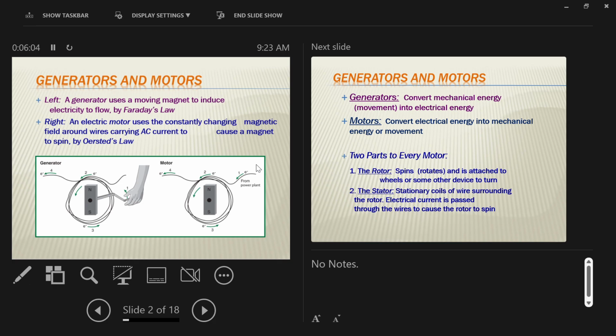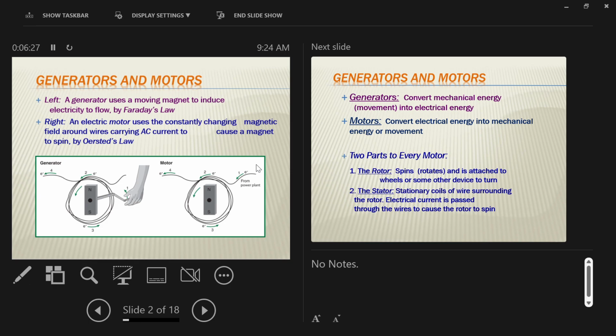So there's two things that operate on this principle of induced current. Okay, notice the magnet doesn't touch the wire. Okay, so the wire and the magnet are both separate. It's current being induced in the wire by the spinning magnet, or the magnet being spun by current in the